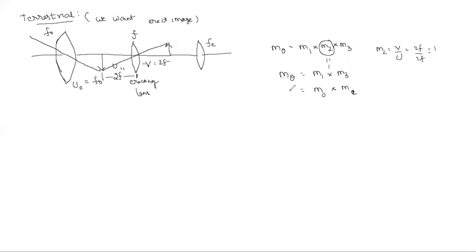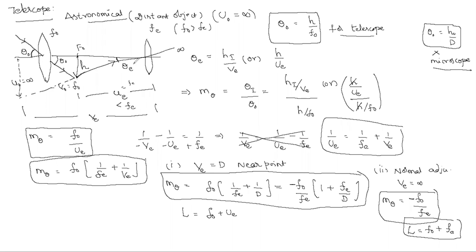This is similar to what? Here, terrestrial telescope. Sorry, astronomical telescope. Compound microscope, sir. In that we got the same, but here the object is taken at infinite distance. Infinite distance means this is not a microscope, this is a telescope. This is almost identical to the two lenses telescope, which is what we took previously. Two lenses telescope is nothing but the astronomical telescope.